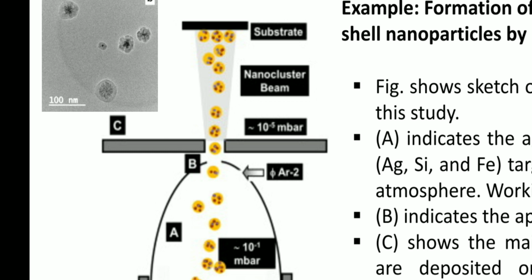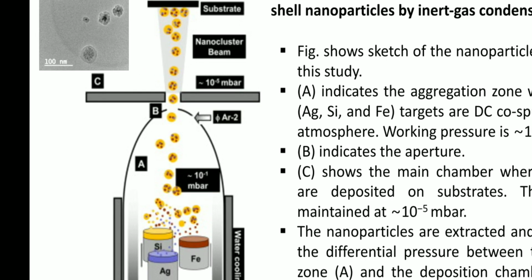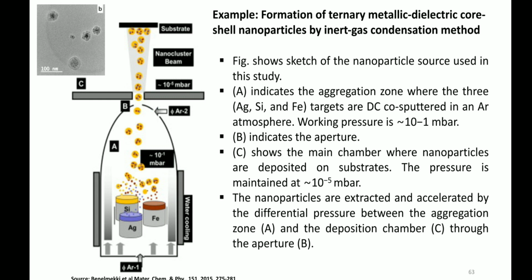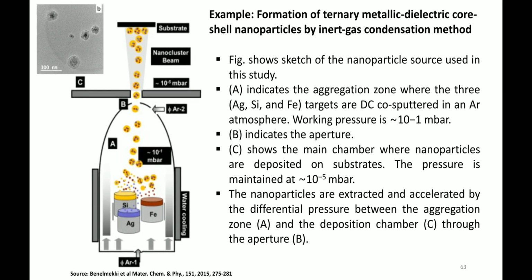Okay, and these traveling nanoparticles are called a nanocluster beam, because they are traveling a long distance from source to the substrate. They are traveling with a very high mean free path, and because of that we call them a beam. And because these nanoparticles are just attached to each other, we call them a nanocluster beam. Okay, so this is the fundamental technique which they have used in their paper, trying to understand how the material can be synthesized with this technique.